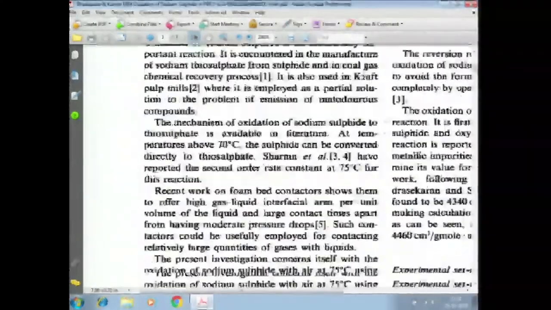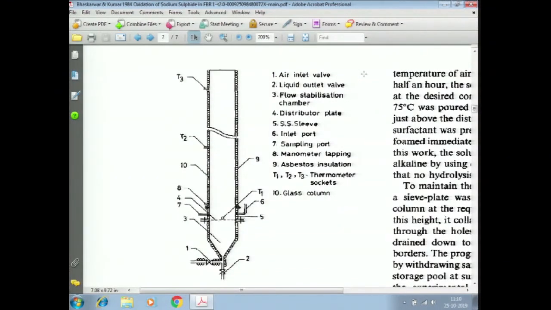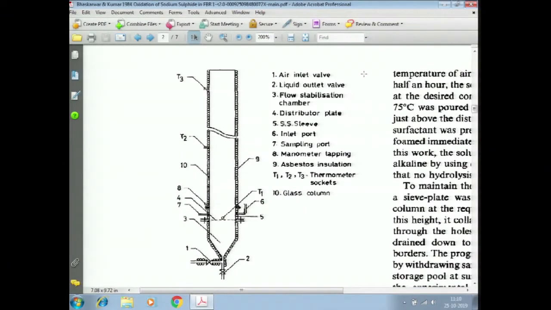So, we now understand that in a reactor of this sort, we would be passing air continuously at the required temperature of 75 degrees centigrade, and it would be saturated with water vapor by bubbling it through a saturator and a preheater, which would be a short bubble column or maybe packed bubble column filled with water and maintained at roughly about 75 degrees centigrade. When this air passes through continuously and the reactor attains a steady state, which means temperature and flow rate everywhere becomes constant, doesn't vary with time.